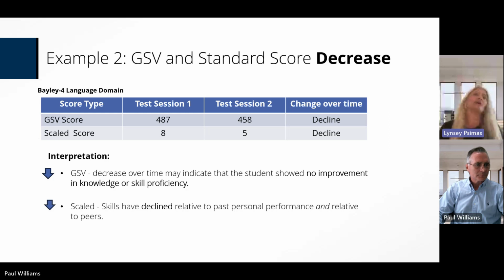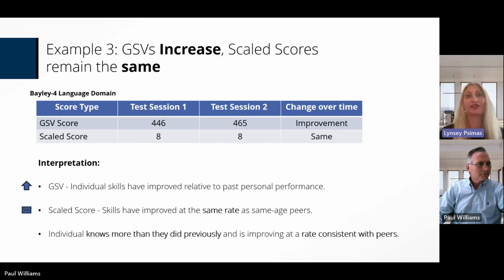They haven't gained any new skills. The scaled score shows that they are declining at a rate relative to how their peers are performing. So their peers may be improving at a rate faster, and their actual rate of improvement is slower than peers. In the third example, the GSV has shown improvement and the scaled score,